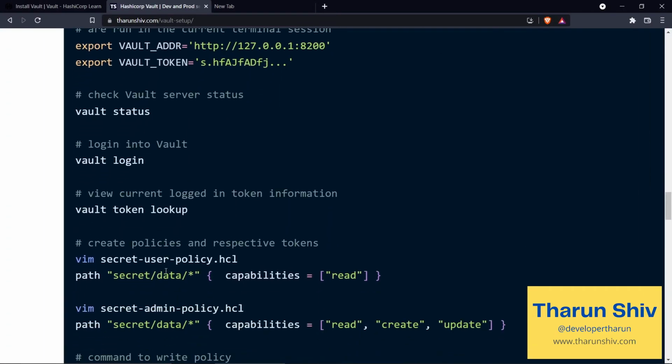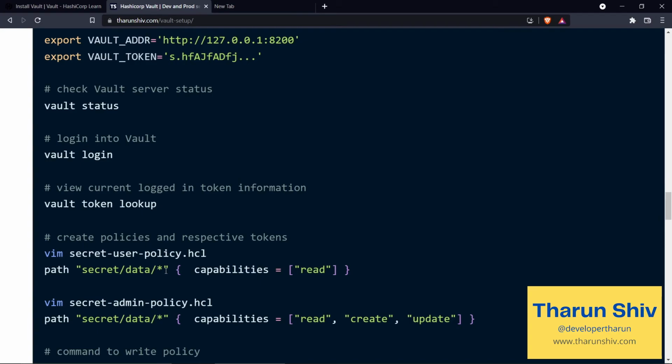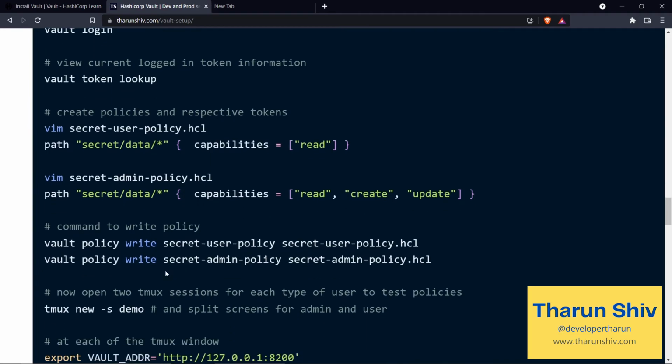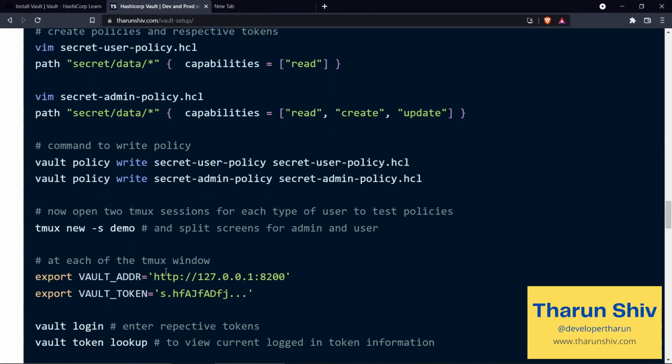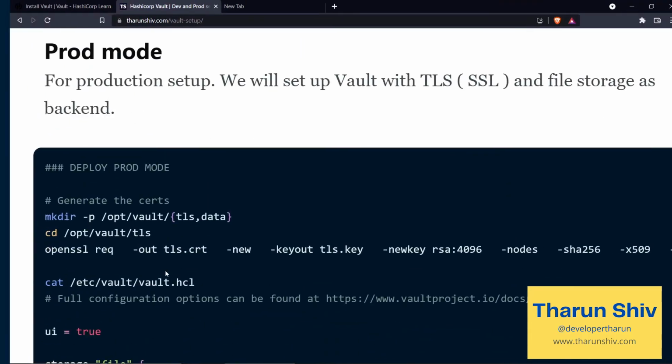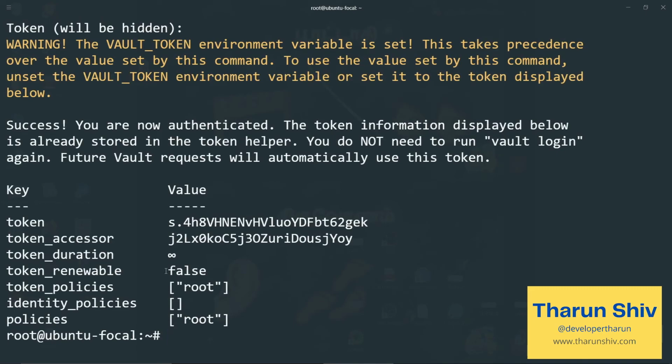So that's one thing. Now we have logged in, the dev server is up and we have tested that it works. I wanted to go through how we create the policies and how we assign them to the various paths, and how to create different types of tokens and users. We will come back to that once we set up the production server, right? So let this video be only for the dev mode setup. So see you guys in the next episode, where we look into how we set up the production server.